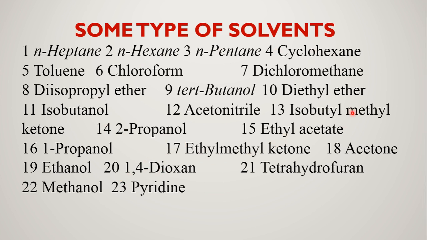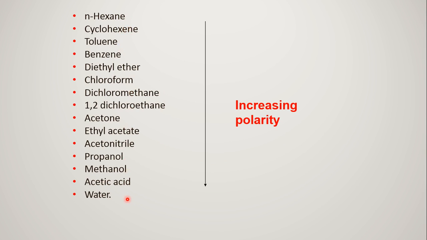See, almost all the solvents are volatile in nature. So generally volatile organic solvents are applied in the TLC technique. This is the polarity order of these organic solvents. Normal hexane, cyclohexane, toluene, benzene, these are very non-polar, but as we move downside the polarity is increasing one by one. As we move downside, water is highly polar, and generally water is not used. So in between, the mixtures or the neat forms of these solvents are applied as mobile phase in TLC.